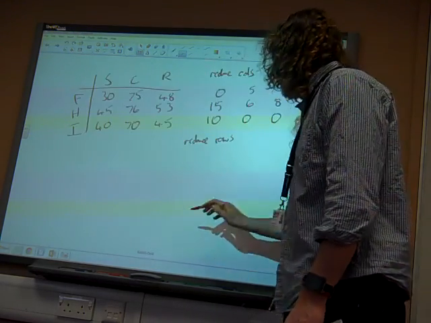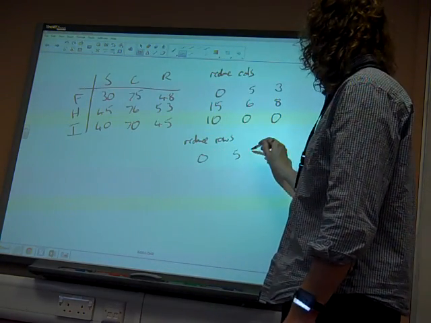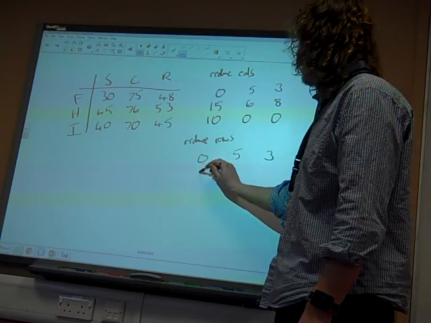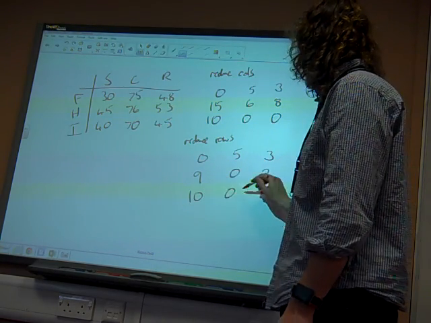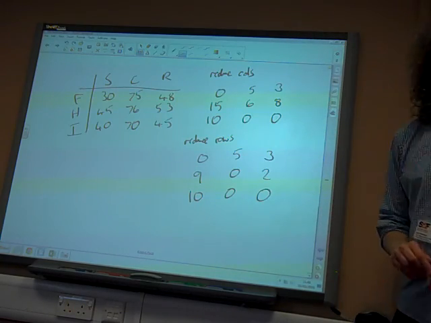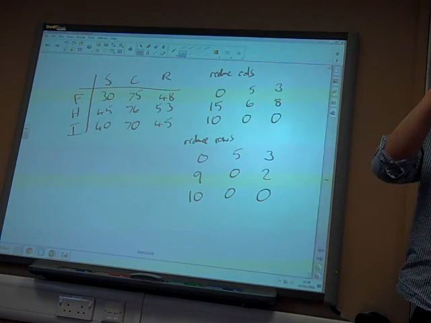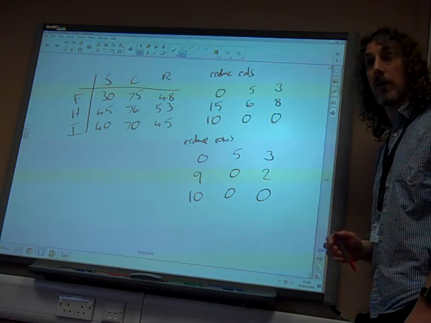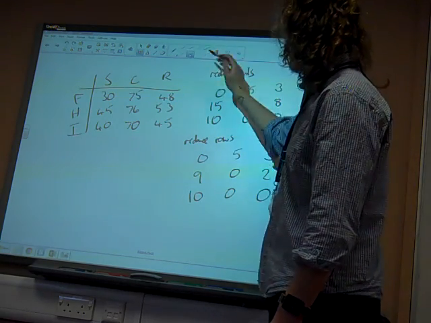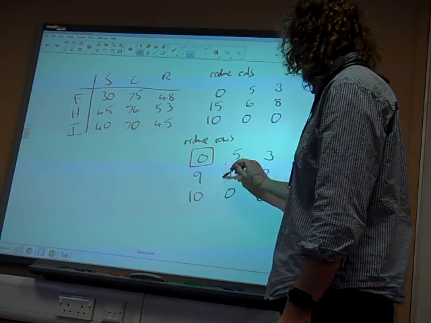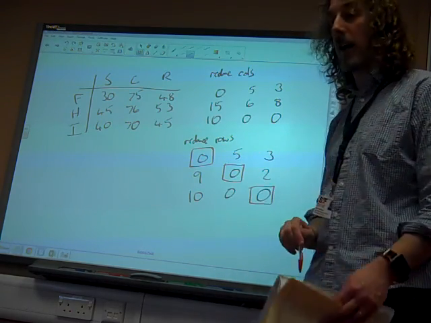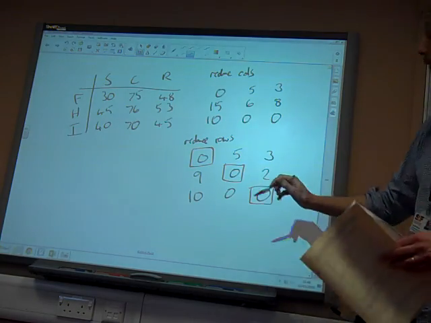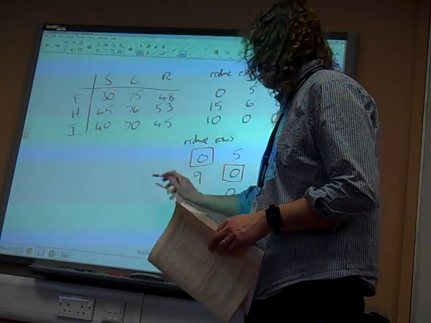If we reduce the rows, that one can't be reduced. That one will go to 902. That's 1000. At which point, hopefully, we notice that we'd need to use 3 lines to cover everything there. It's a 3 by 3 table, so we've got 0 there, the only one in that row, 0 is the only one in that row, that 0 is the only one in that column. So we're left with the solution straight away as being